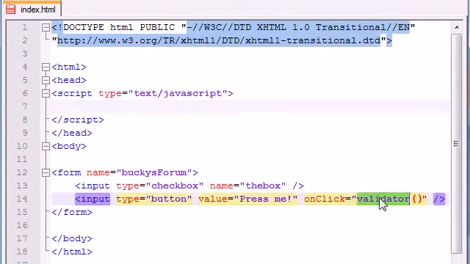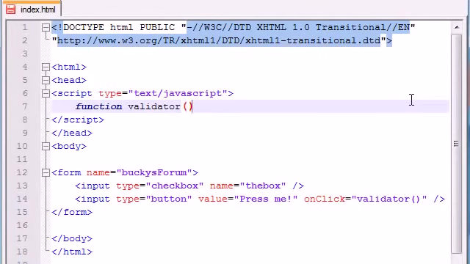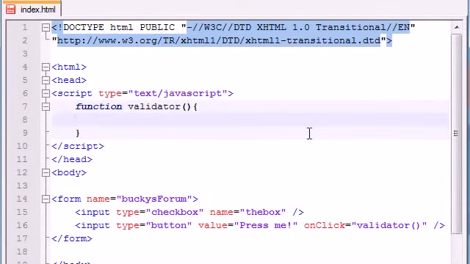So again, this is named validator, so that's what we need to call our function. Function, and actually I might as well just copy that to ensure that we don't have any typos. And it's going to take no parameters. And check it out. Whenever we call our function, we need to check whether or not our checkbox is checked or not. And we can do that with a basic if-else statement. So if, and the condition we want to test is this checkbox checked? So first we need access to that checkbox. In order to do that, document dot the name of your form, which is Bucky's form,